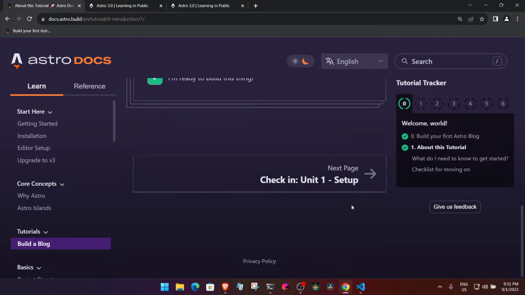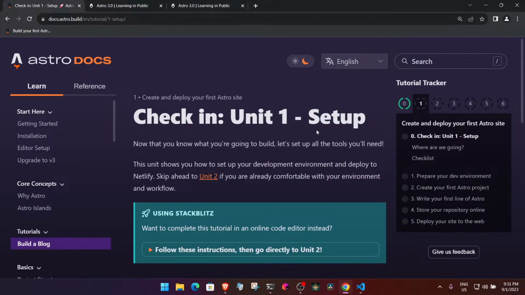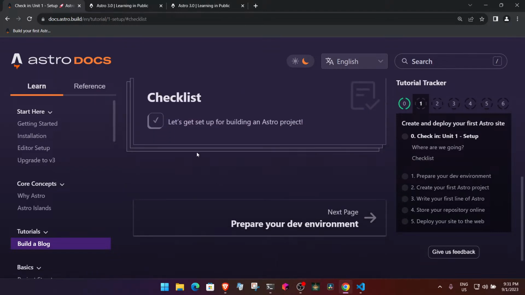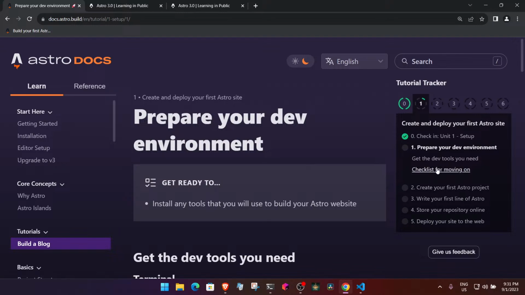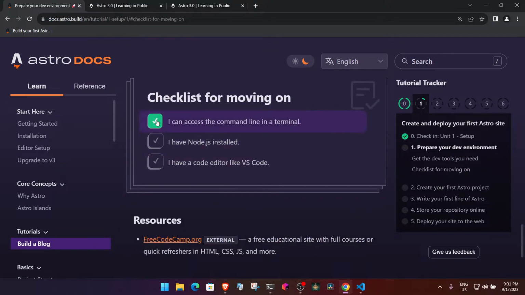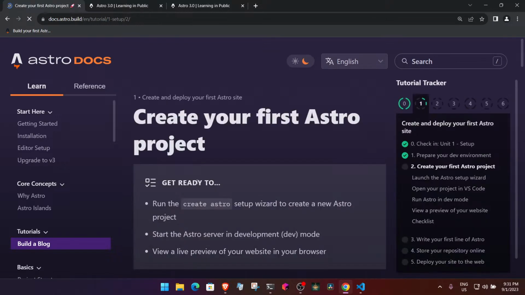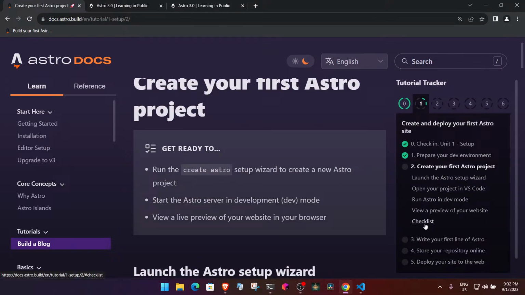Okay, let's start. So what I'll do is go inside, like prepare your dev environment, write your first line of Astro, store your repository online, deploy the site. I'll go to the checklist and I simply start moving one step at a time. So I have Node.js installed, everything is done. I'll just move ahead, go to the